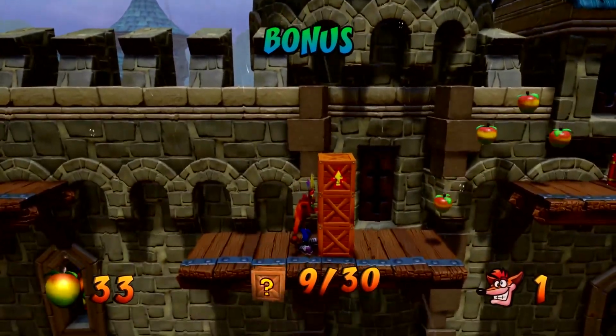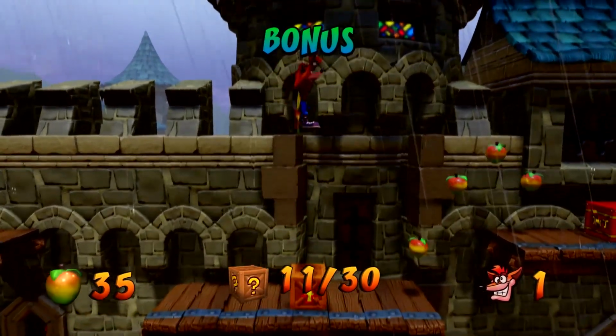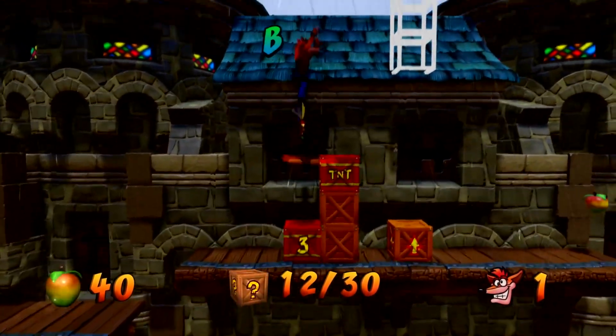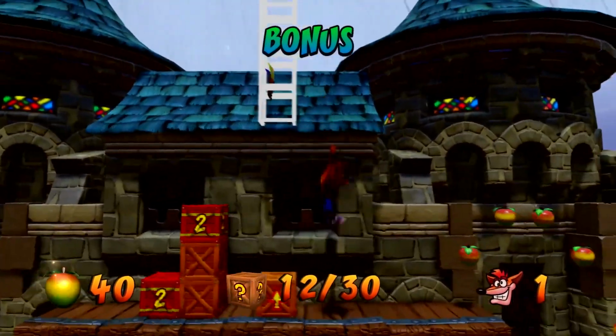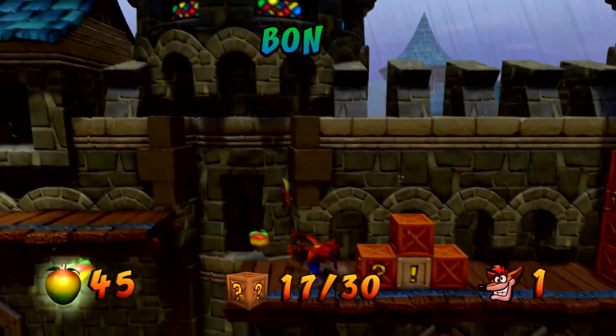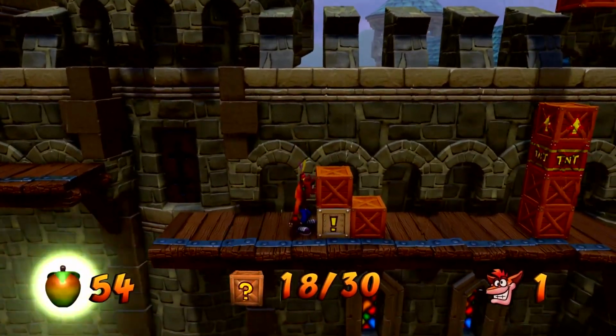But yeah, for the most part, everything in these levels is exactly the same, because Activision have used the exact same level geometry that was present in the PlayStation 1 version, except of course this time around things appear to be a lot more detailed due to the advanced hardware of the PlayStation 4. Alright, so now let's take a look at